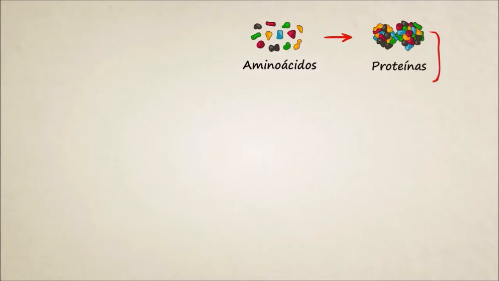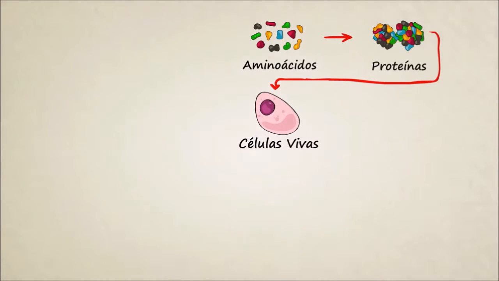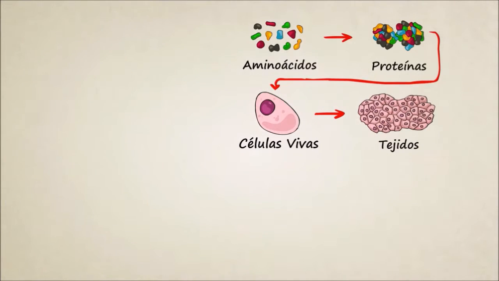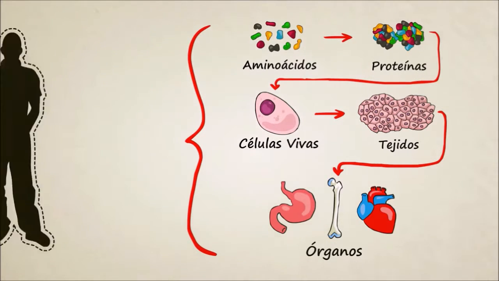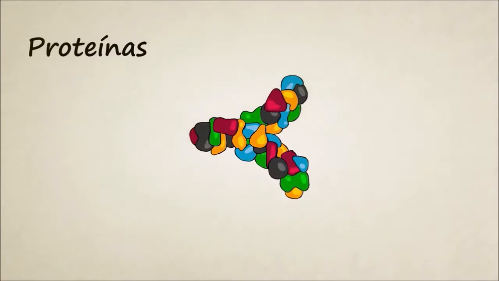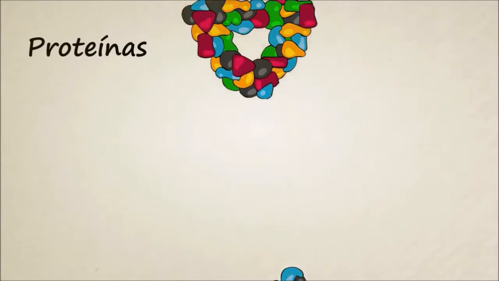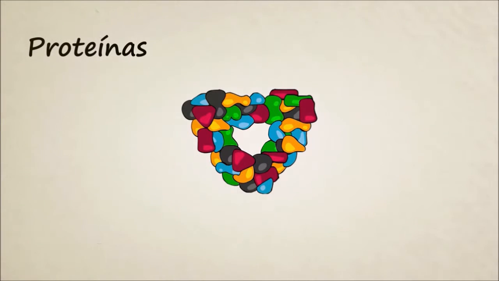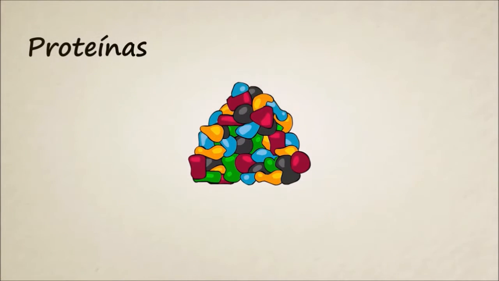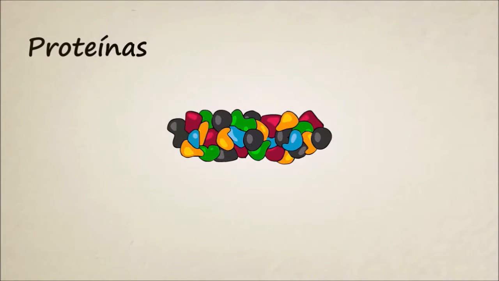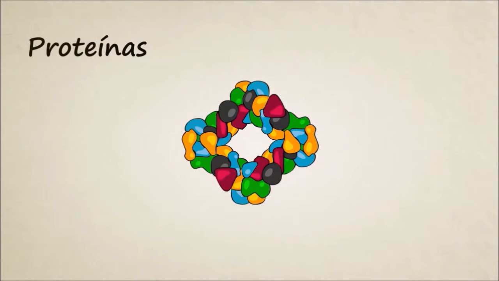Las proteínas, junto con otros productos químicos, se combinan para formar las células. Las células forman tejidos, los cuales forman órganos, y los órganos, cuando se juntan y funcionan, forman a los seres vivos como tú y yo. Estas proteínas que componen nuestro cuerpo, y ten en cuenta que hay millones de diferentes tipos de proteínas, deberán construirse en la forma perfecta para poder funcionar. Si tienen la forma equivocada, por lo general no funcionan.